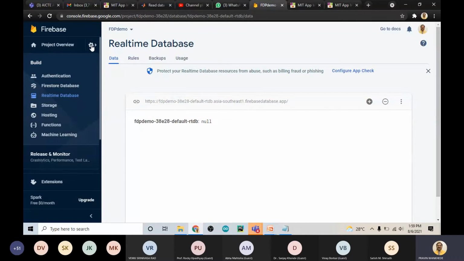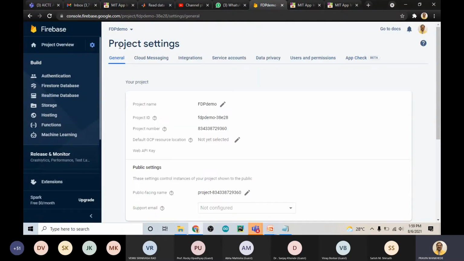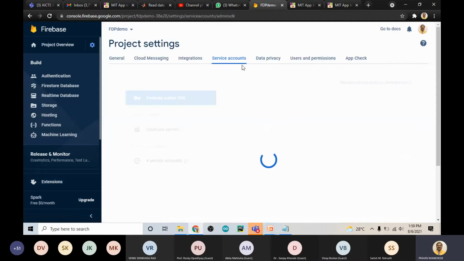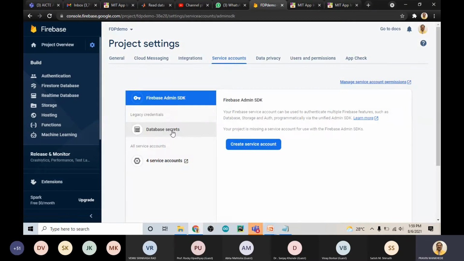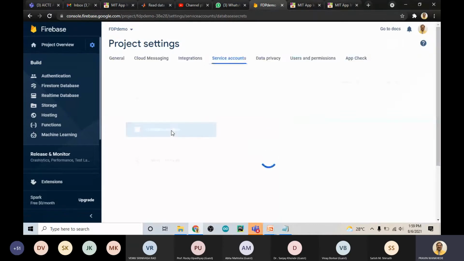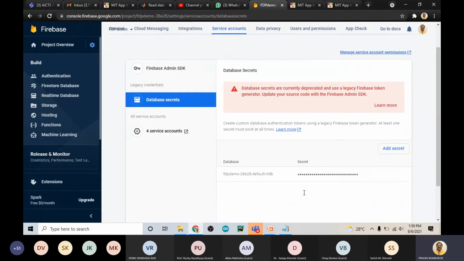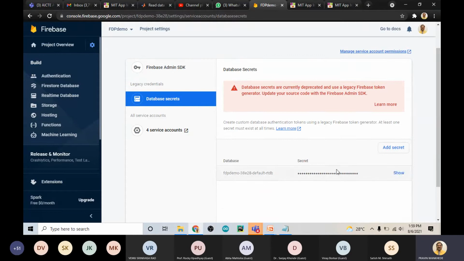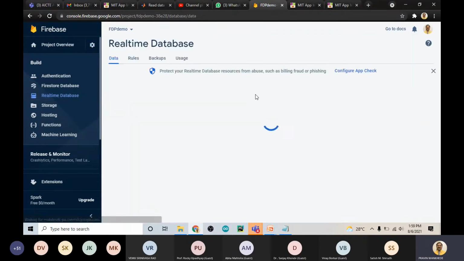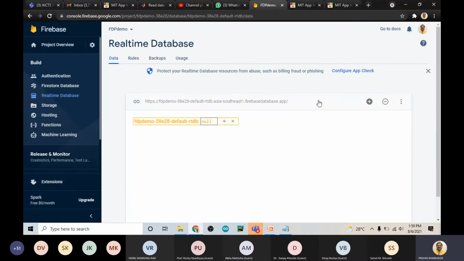If you go to project settings here, and if you go to service accounts, if you click on database secrets, at the bottom you will get the secret for the token. And if you click on show, just copy it and paste it. Okay, so this is what the token and your link is.